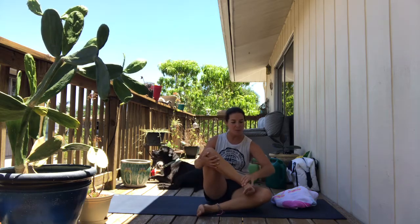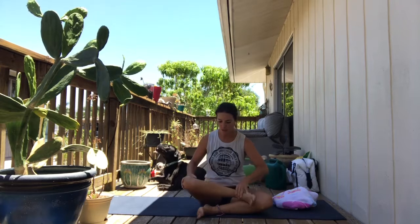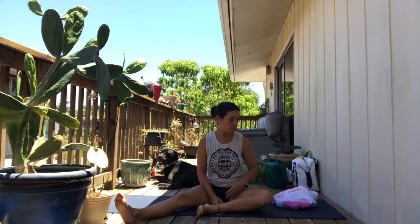And then we'll go opposite, right? So the left leg is down, again, parallel to the top of the mat or the side of the mat. You're gonna step that right foot just below the knee, relax down, keep the feet flexed, sit nice and tall. Again, maybe one leg is out straight. Maybe we've got something under the hip,